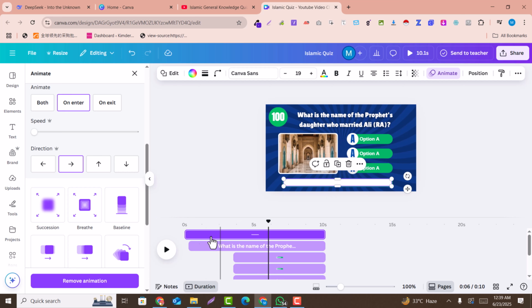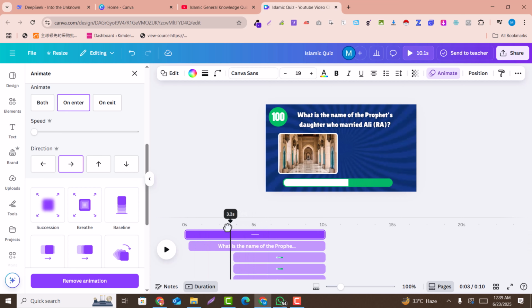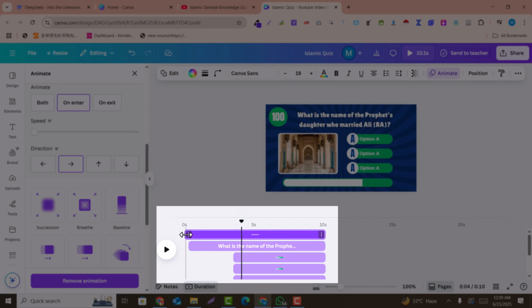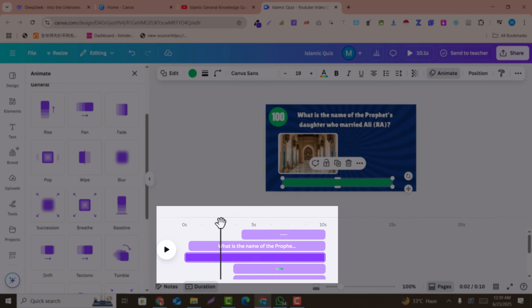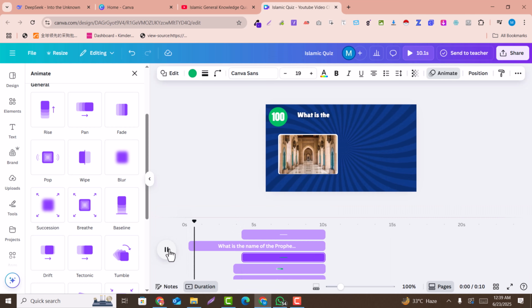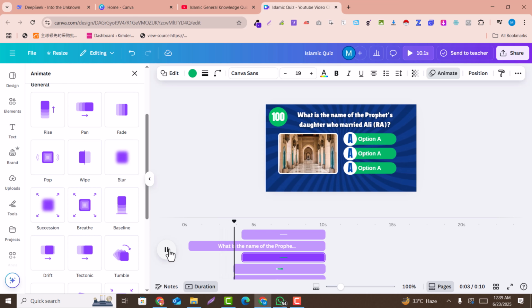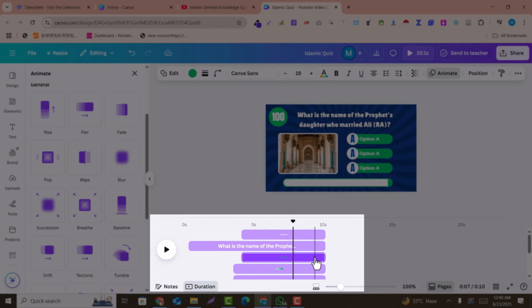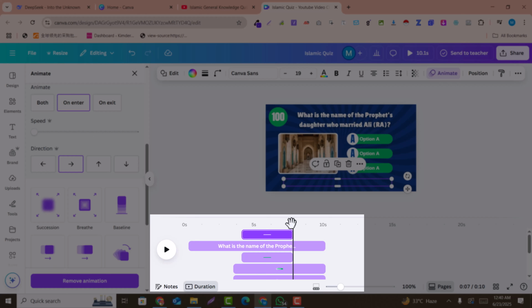Just like that, we also make the timing for the timer. So here is the timer. After the options appear, the timer should start. So I will drag it in here, the timing should be set here, and also for this, because these are the same thing. So I just make it like that. Now you can see, just go back and see here. Now here the answer should appear, and the timer should stop and the answer should appear. So this is very simple.